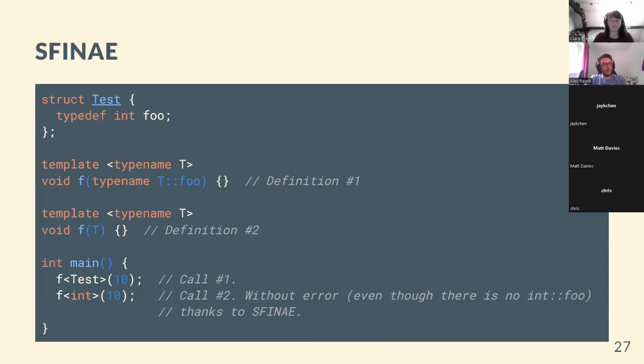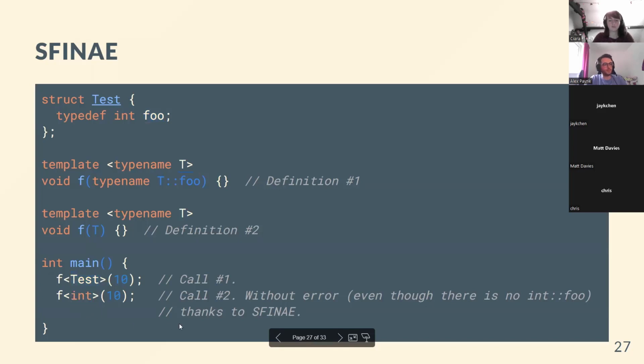Specifically, we can take advantage of it if we specify that a templated type must contain a specific non-class type. So I've got a weird looking example here. We've got two templated functions called f. One of them has this additional syntax expecting that type T has some non-class type foo. We've also got a struct which just redefines int to foo. And we've got a main function which makes two calls to f, one using test as our T type and